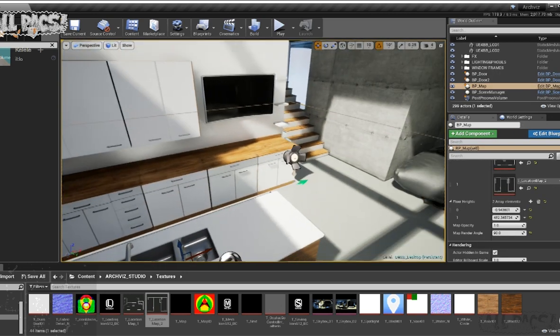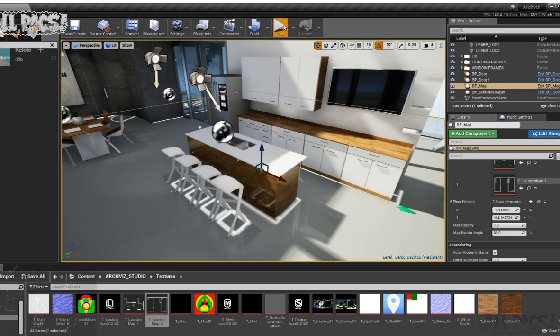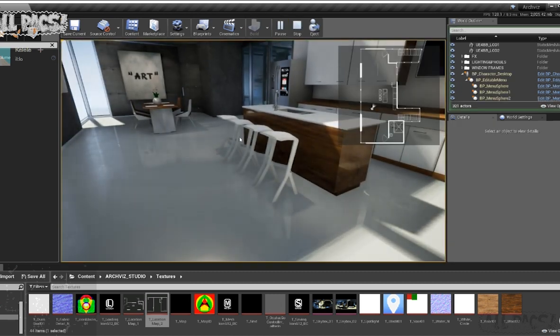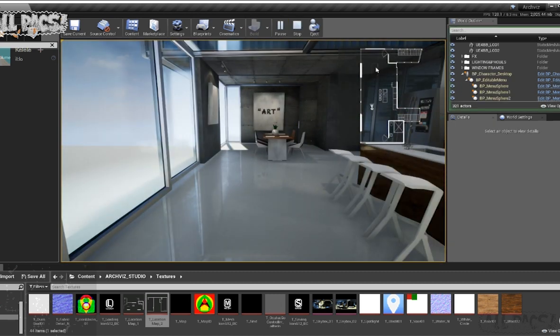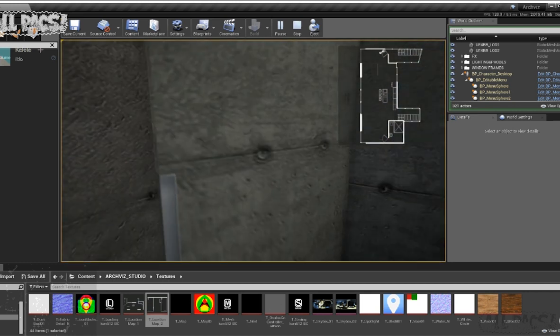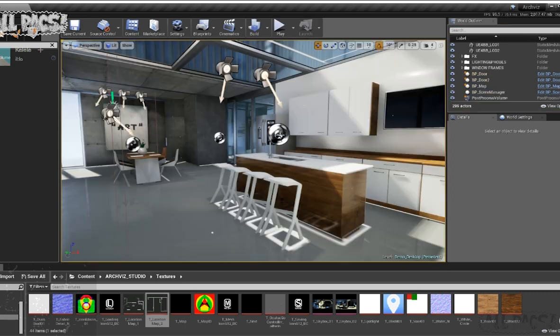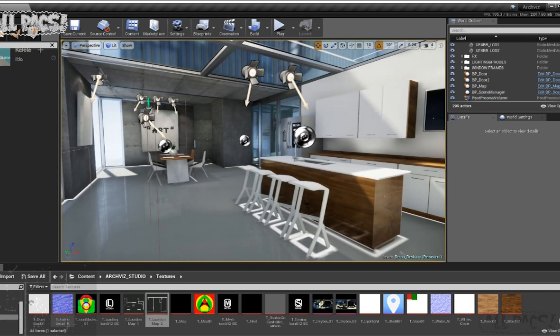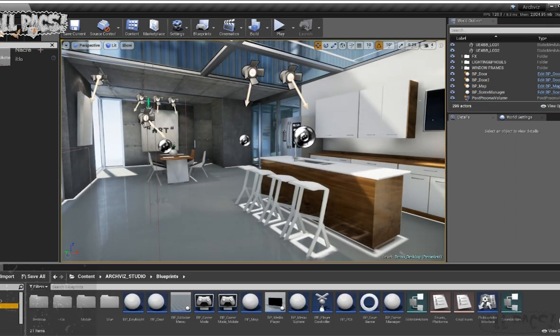And once we have it correct, we can then hit play to test it, and now we'll see we're facing in the correct direction and everything's working as it should. Okay, so the final thing we want to do is add the points of interest,